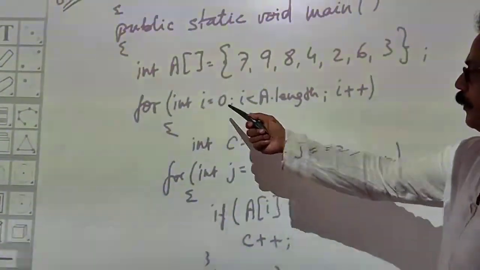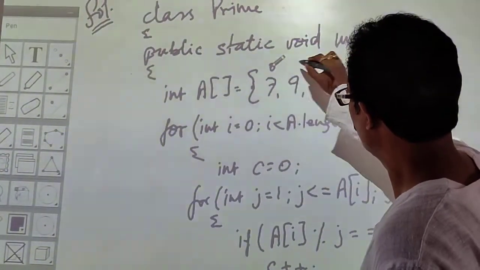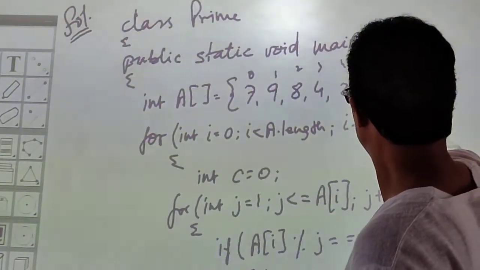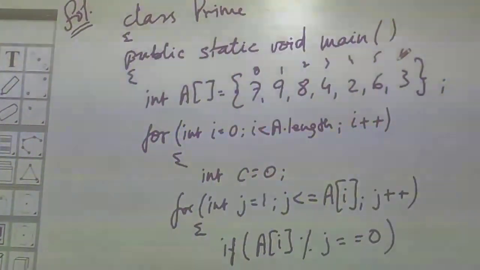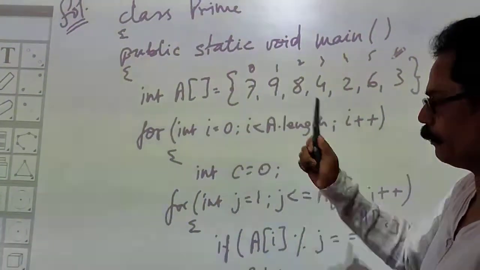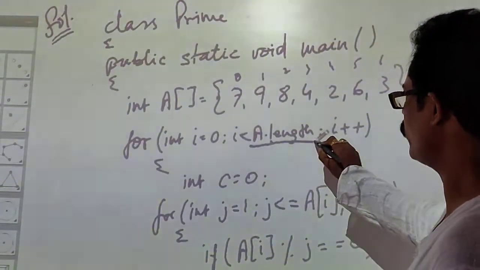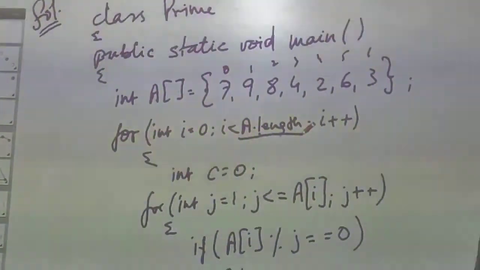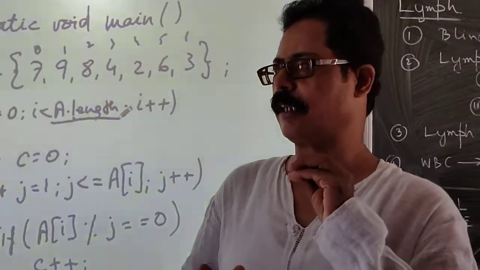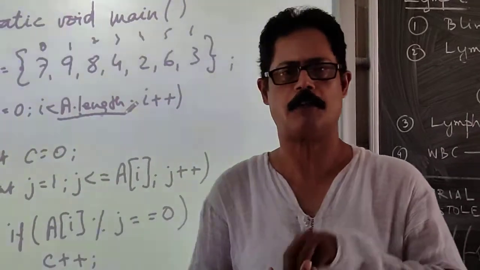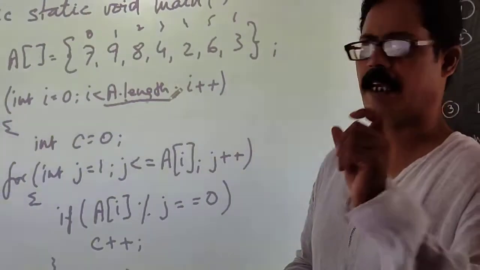And then what happens here? Take a loop that runs from 0. Remember that it always refers to the index, so the start index is always 0, then 1, 2, 3, 4, 5, and then 6. That means on the whole we have 7 elements. So either you write for i = 0; i < 7, or you can also write a.length. The name of the array is a, so a.length. Here length is a keyword that defines the total number of elements, or the dimension of an array. It also indicates the size of an array.